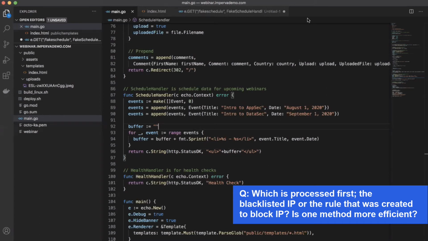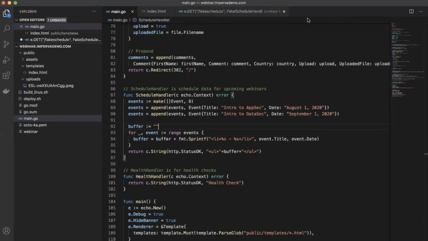That's a really good question. My understanding is that the ACL is processed first and then the rule, but I think with some of the most recent changes that we've made under the hood, I think they're about the same now in terms of efficacy and performance. I think they all funnel back down to the same thing at this point, but we can double check on that, Chris. Will do.